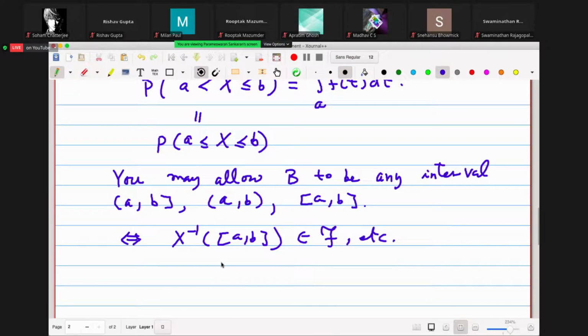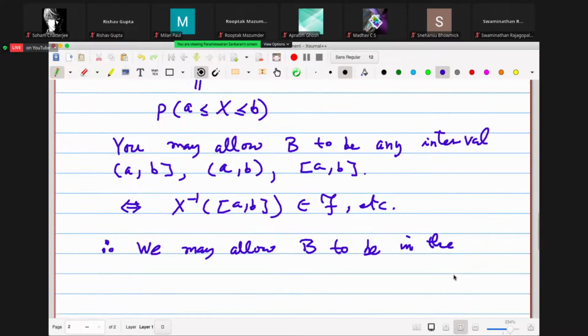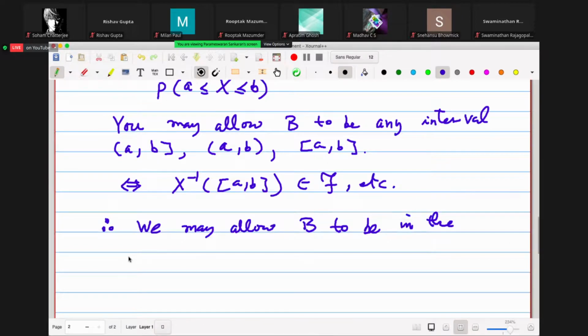So this means that we may allow B to be in the sigma algebra, the sigma field generated by